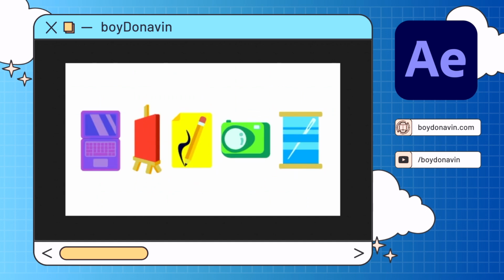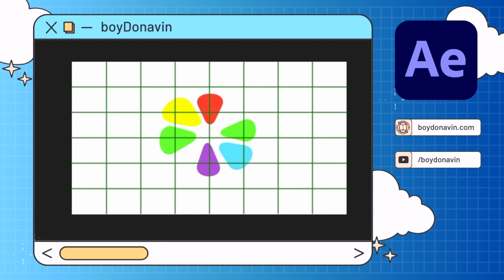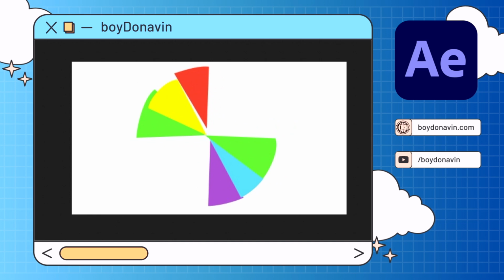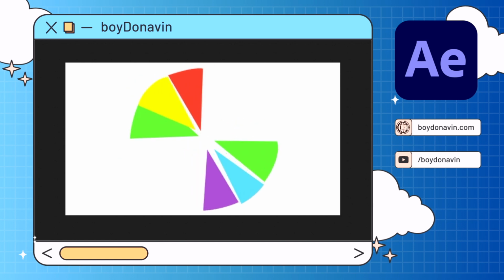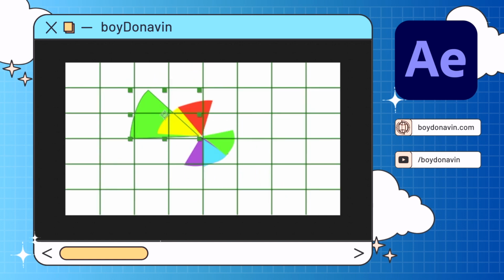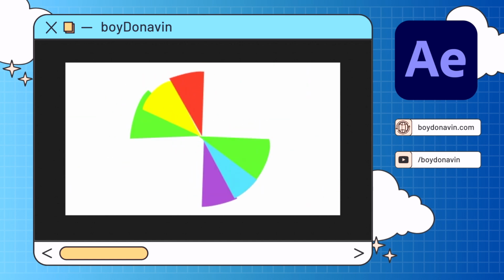I am not an expert in After Effects by any means. I literally was looking up tutorials on how to do some of this stuff on YouTube, every step in the process. The most difficult part for me was transitioning from the little color slices into the actual final logo design. For anyone who understands keyframing, this would be super easy.